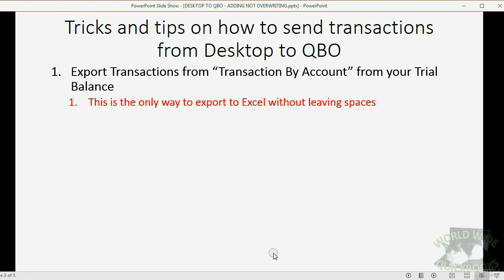Now, this is the only way to export it to Excel without leaving spaces. Other people might have other ideas, like use the advanced find or use the custom report feature, but none of them will get you all the transactions without leaving any spaces. Only by doing it from transaction by account will you have a spreadsheet with no spaces for the transaction list